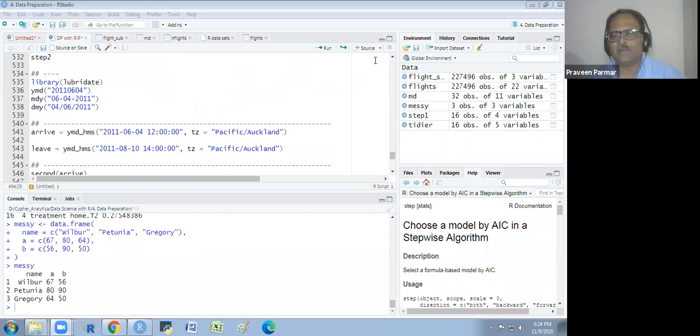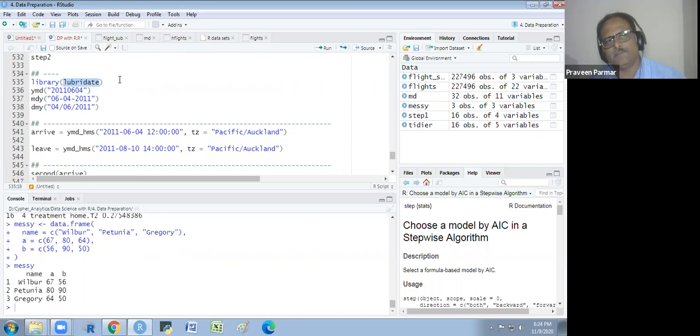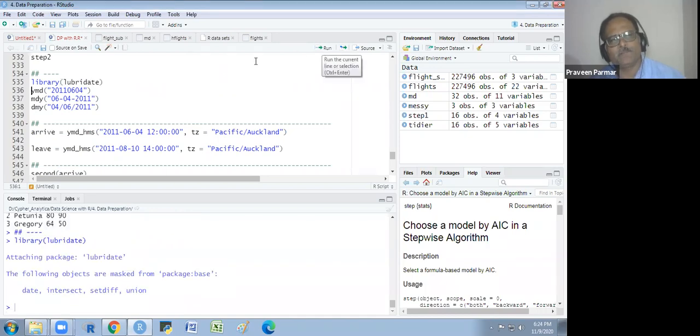So there is a library, lubridate. This library you have to install first. Download lubridate library, you have to install it and we run it. First I run this library.